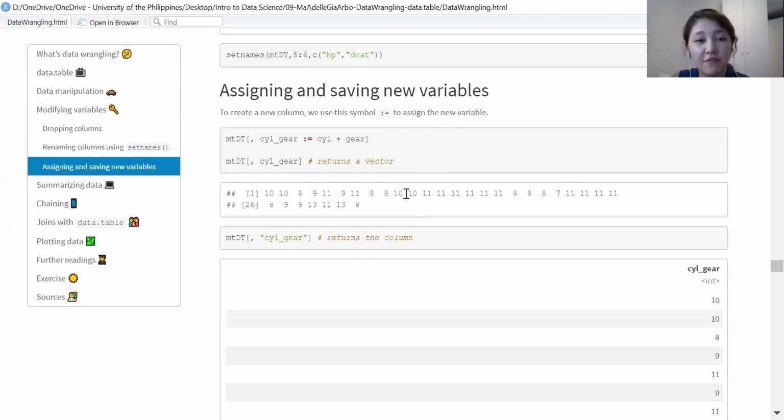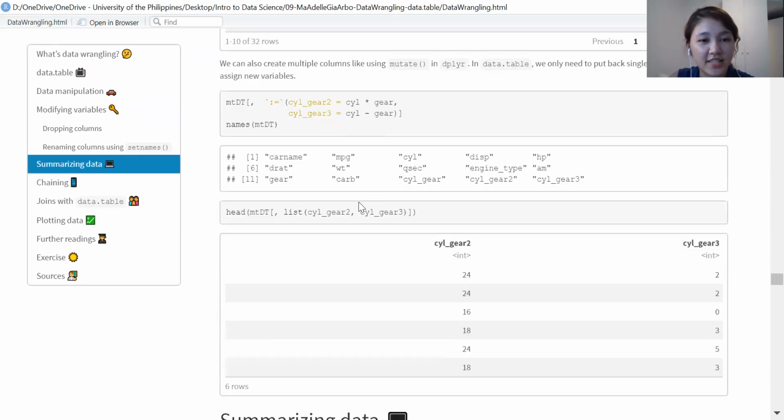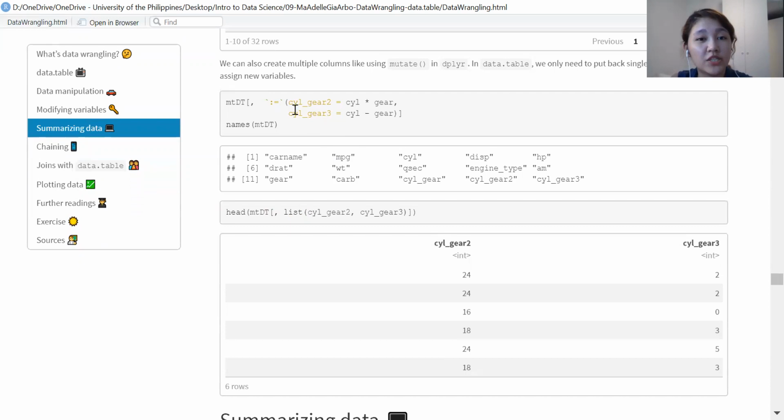To assign and save new variables, we have to use this special symbol, colon equals sign. And here we created a new column called cyl_gear, which is the sum of the number of cylinders and the number of gears. So again, we put it in the j argument right after the first comma. Next, if we want to create multiple columns, we just have to put the colon equals sign between 2 back quotes. And here we created 2 new variables,